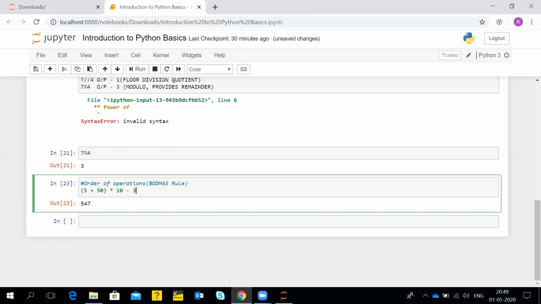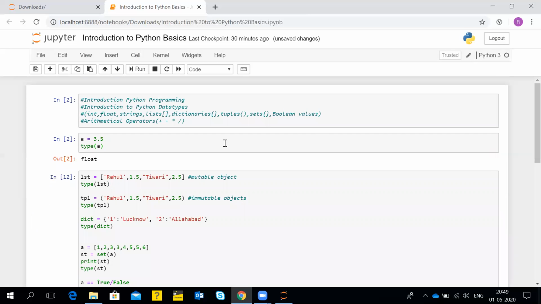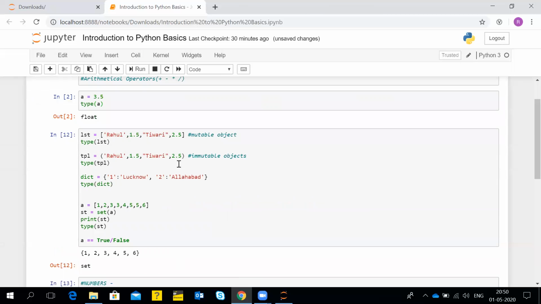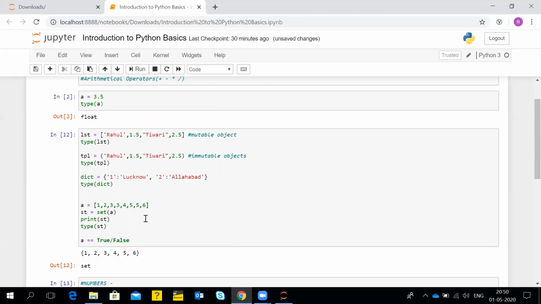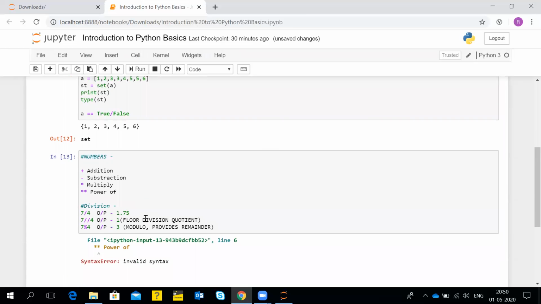So guys, just for revision purposes, what I have discussed today is the Python data types and what all the default data types are available in Python. Then I discussed how I can check the data type of a particular variable by using the type function. I have shown you different types of data types with some examples like list and tuple. I will be giving this Python notebook file, mentioning it in my comments.